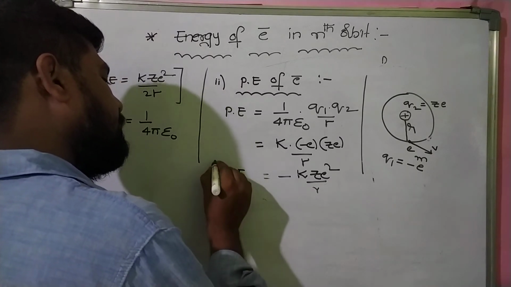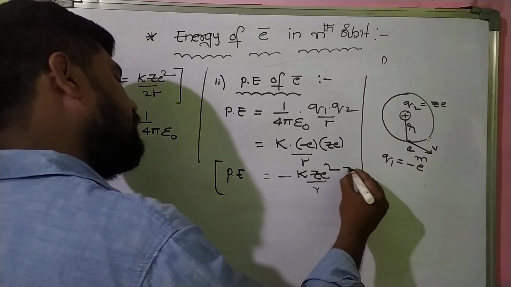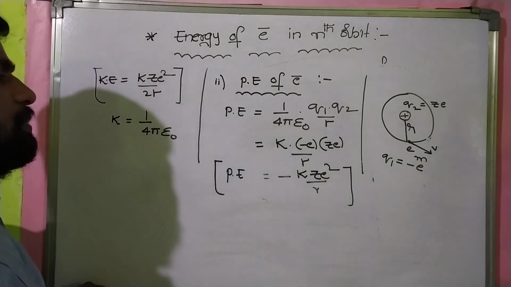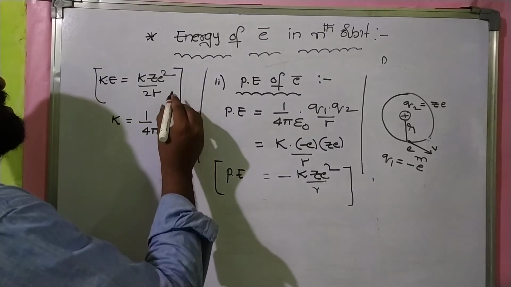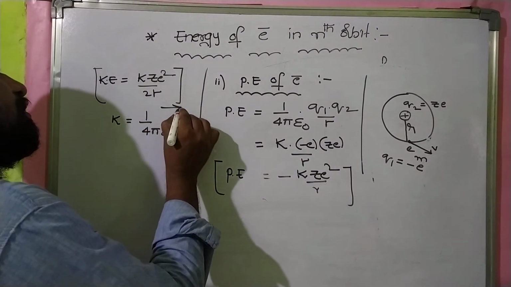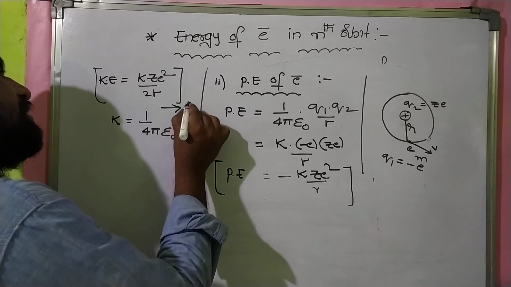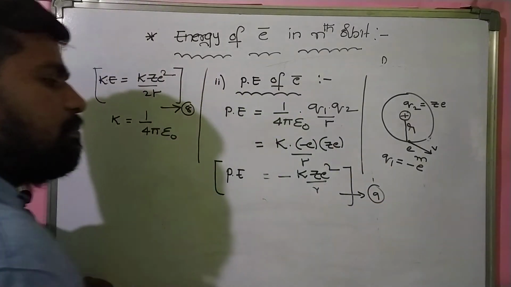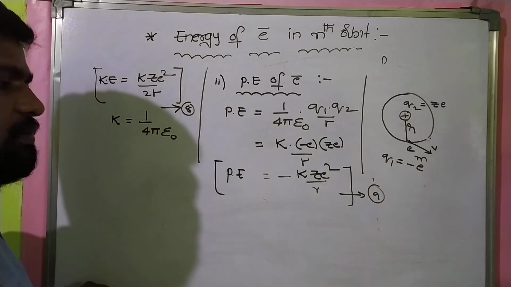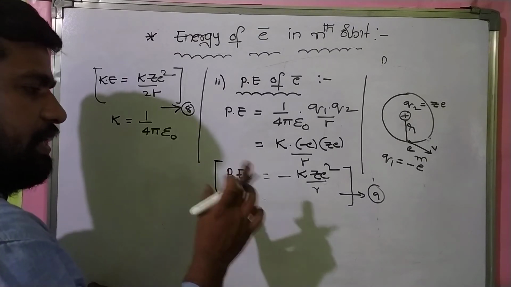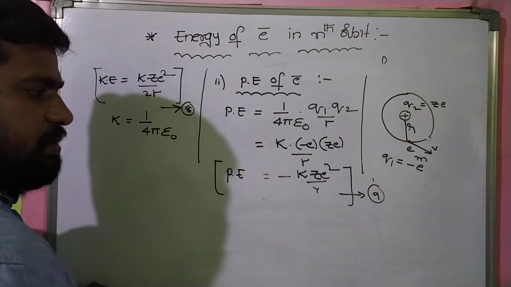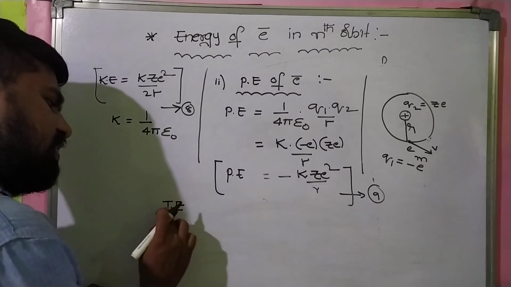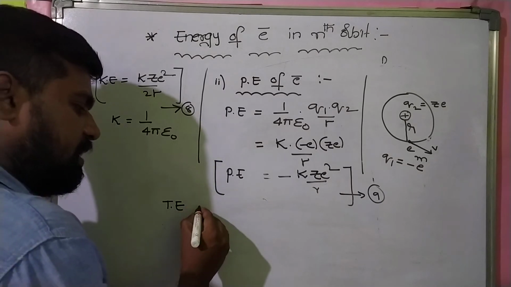Again, keep this one in a golden box. Very, very important. So this is equation number 8. This is equation number 9. Please remember every principle and formula. Now listen, everybody. The total energy of the electron, TE, is nothing but